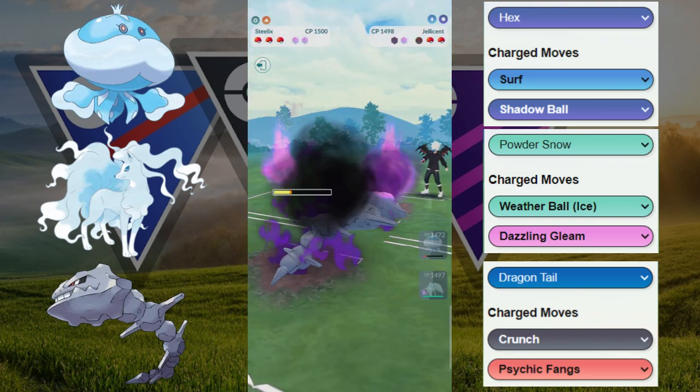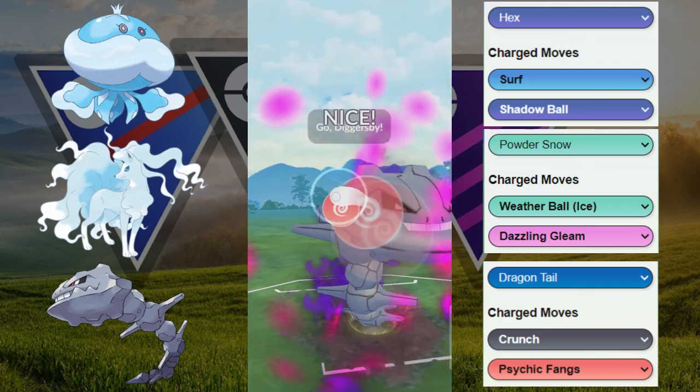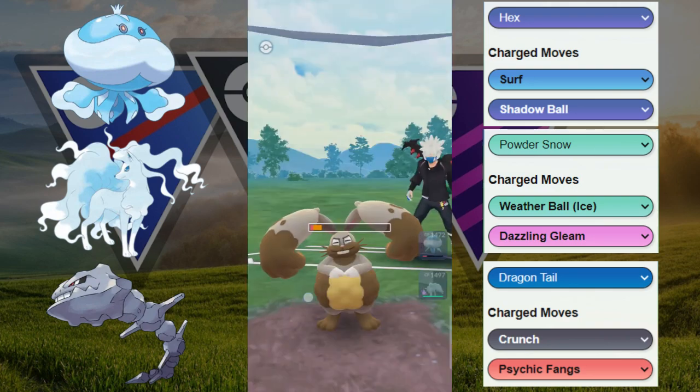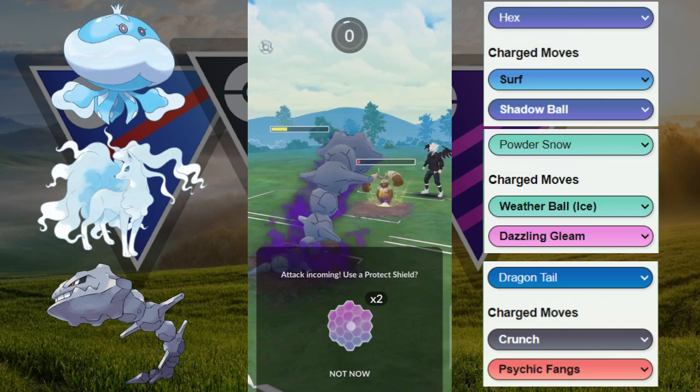Looking for a farm down? Yes, so we do get the farm down, so that's huge. And then our opponent here comes back in with their Diggersby. They do have energy, I believe. We're going to go for this Psychic Fang immediately. They decide to let it go, and looks like they are going to be able to throw up another Fire